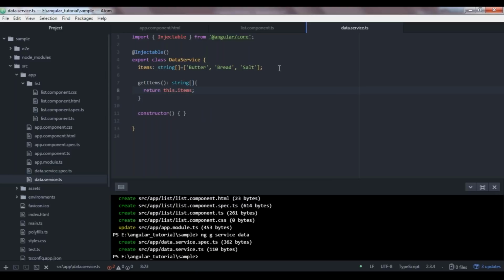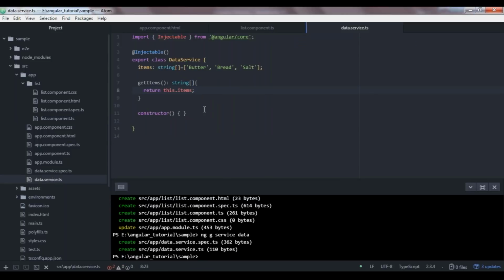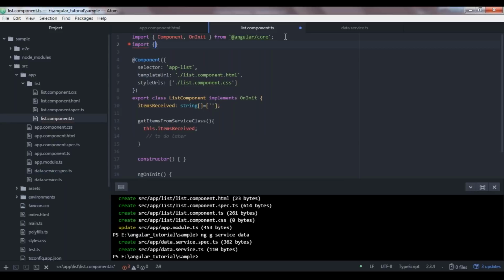That's it. All right. Now, in order to access the method that we have defined in our data service class, which is this method, and therefore access this items array, what we do is we follow a procedure called dependency injection. So let's go and understand how we use dependency injection and how we provide a service to a particular component. So I'm going to go ahead and import that service class first. All right, from